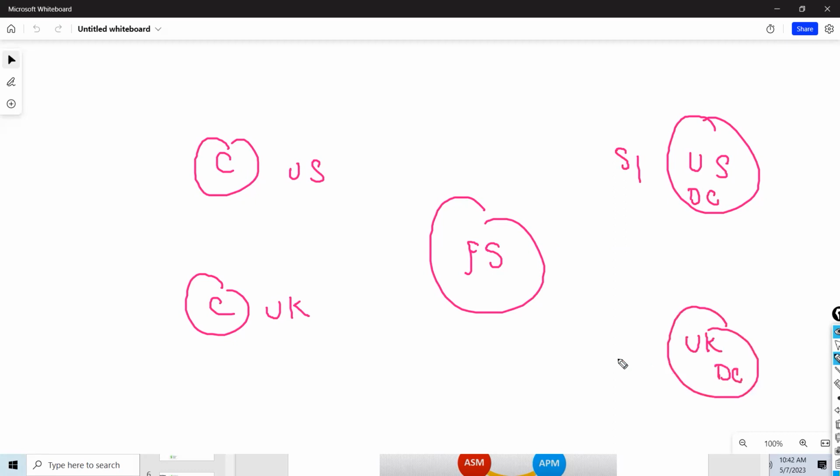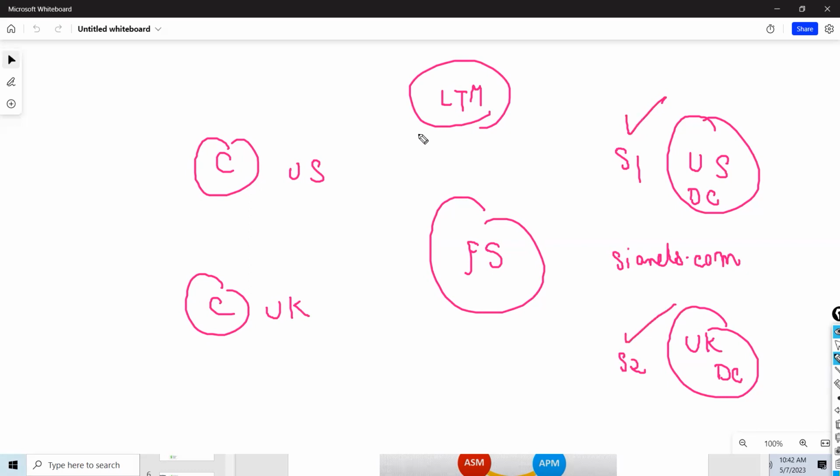Another server which is hosting the same application, which is called sianets.com, is hosted in the UK data center also. Will LTM fulfill this requirement? My question is, my servers are in different data centers. Will LTM, which is called local traffic manager, fulfill your requirement or not? Anyone, guys?